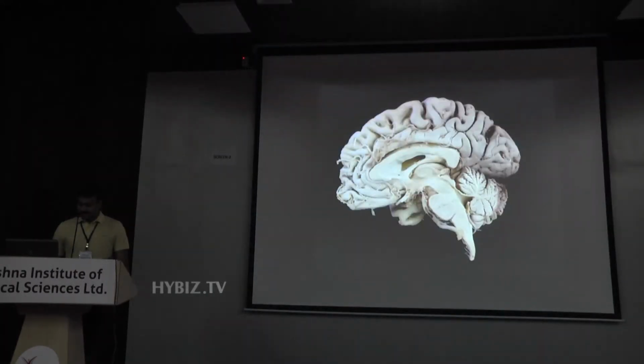So this is a cadaveric specimen, representing the ventricles over here: the lateral ventricle, the third ventricle, the fourth ventricle, which are connected by narrow corridors. CSF is mainly located in the subarachnoid space, the ventricles and cisterns. Cisterns is a very uncommon term for you. Cisterns are nothing but dilated subarachnoid spaces in a few parts.